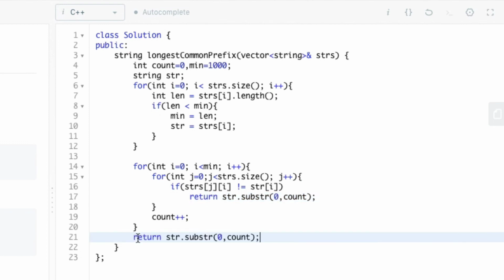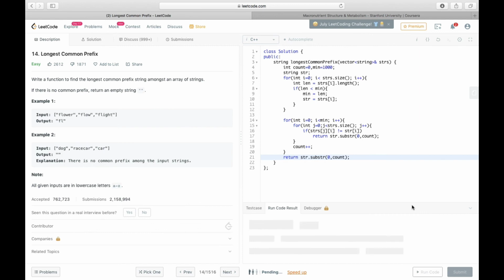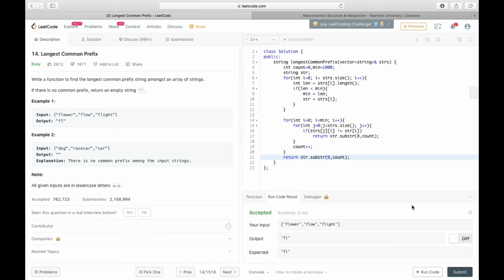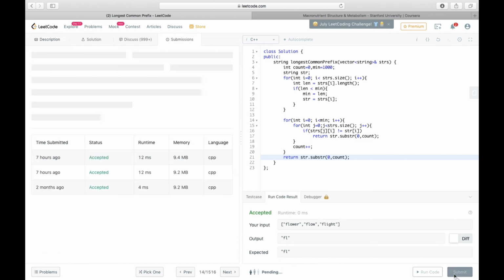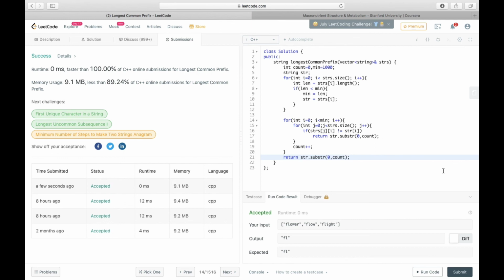And after finishing the outer loop, we return the same substring, that is beginning at 0 up to count number of elements. So we can check our code by running. Since our code shows no error, we can proceed further and submit our code. And it got accepted successfully.